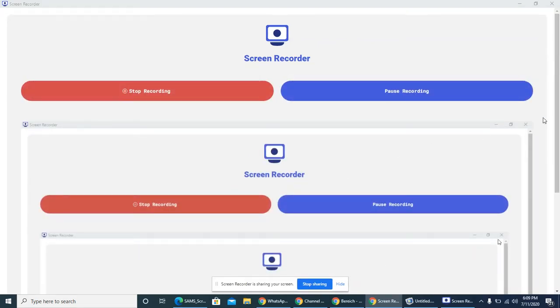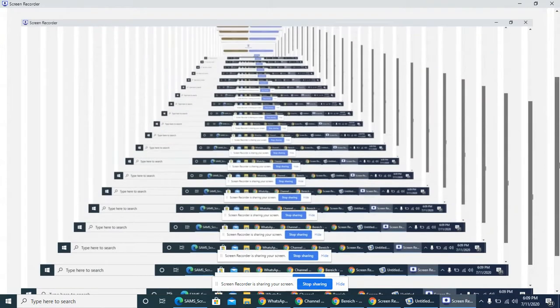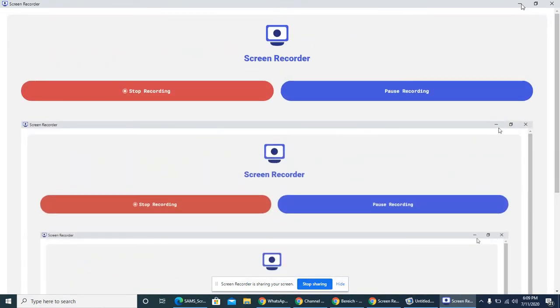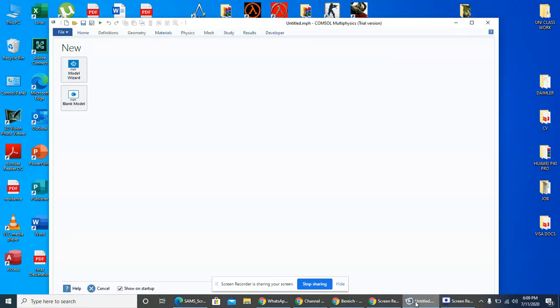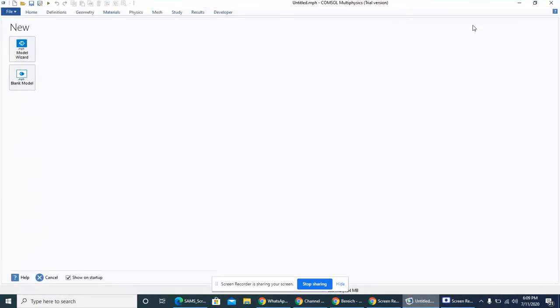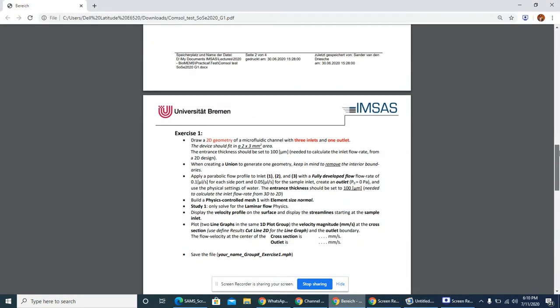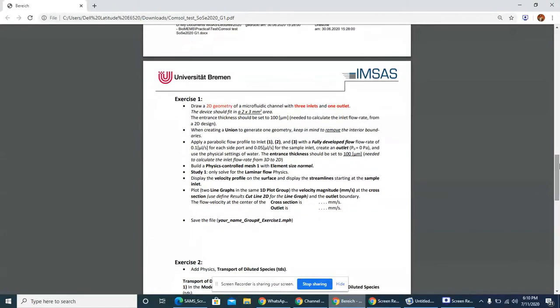Hello all. I'm making this video just to show you some basics about the software COMSOL 5.5. We were given the task to make a 2D geometry with laminar flow. The geometry should be 2 by 3 millimeters square in area, and they have a union, and they have fully